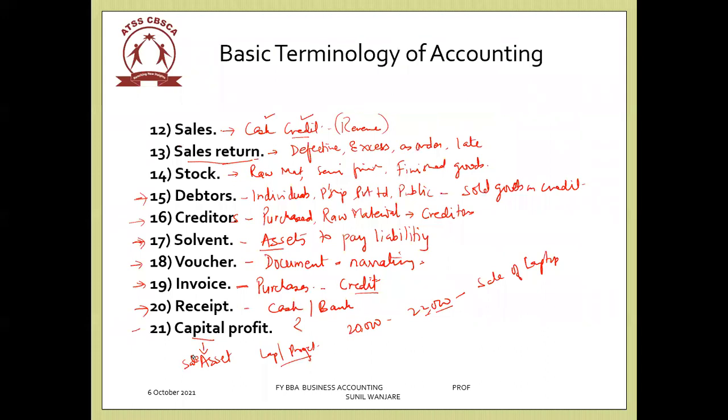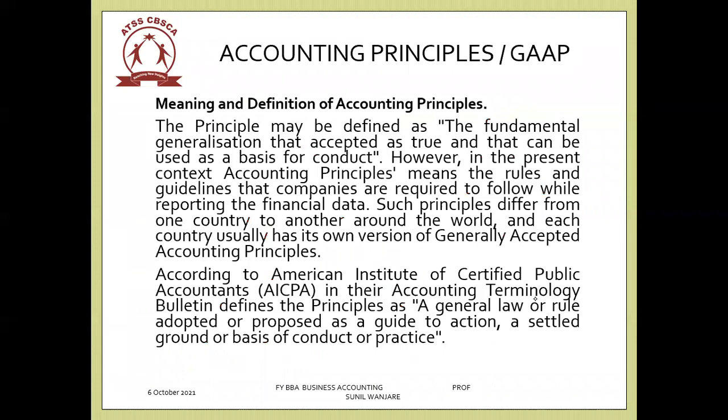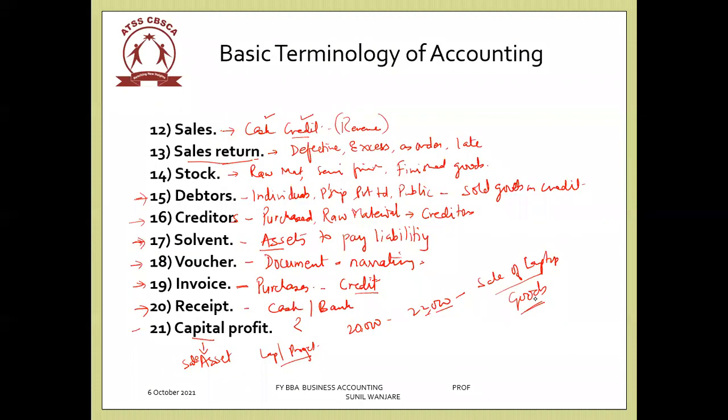Understood? Yes, sir. When I'm selling laptops, that is my business. So a laptop for me, when I'm selling laptops, is goods. But when I'm a consultant, a trainer, then that laptop is my asset. So when I'm selling an asset at a higher price, what I earn is a capital profit.